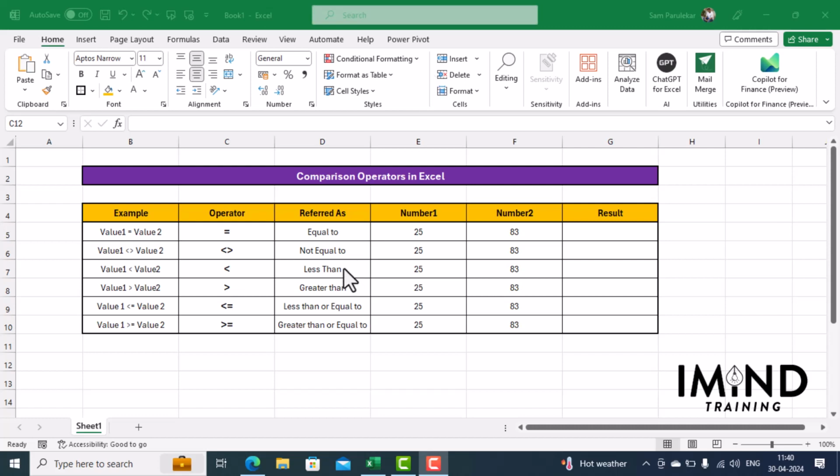Hi friends, in today's lecture, we would study everything about comparison operators in Microsoft Excel. So here you can see that we are having a set of 6 comparison operators in Excel. The first operator is referred to as equal to, the second operator is referred to as not equal to, third is less than, fourth is greater than, fifth is less than or equal to, and the sixth is greater than